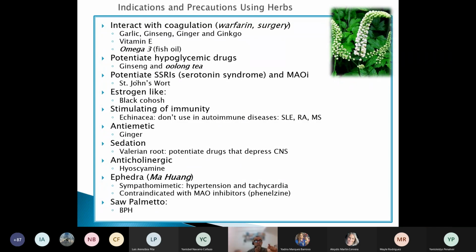There is a herbal called St. John's wort. Okay, St. John's wort. Okay, this St. John's wort is used in teas or in tablets for depression, and has a mild stimulation of the production of serotonin. So the combination of St. John's wort with SSRIs could produce too much serotonin, and it is called serotonin syndrome.